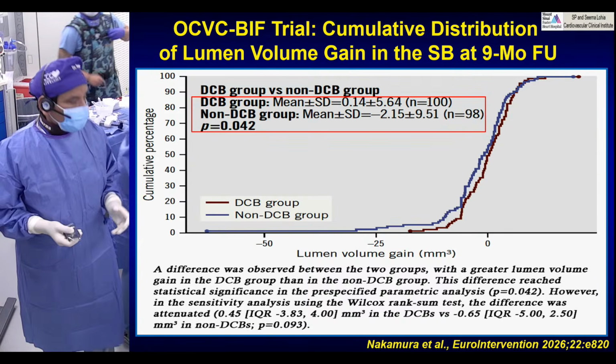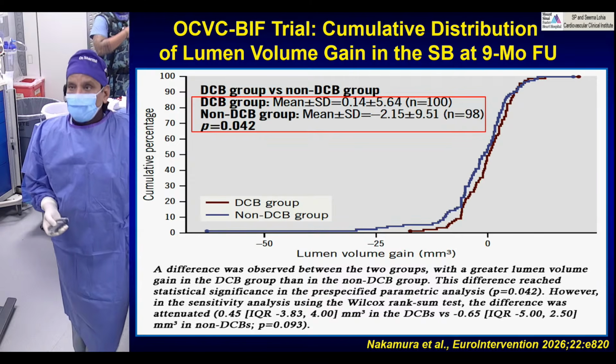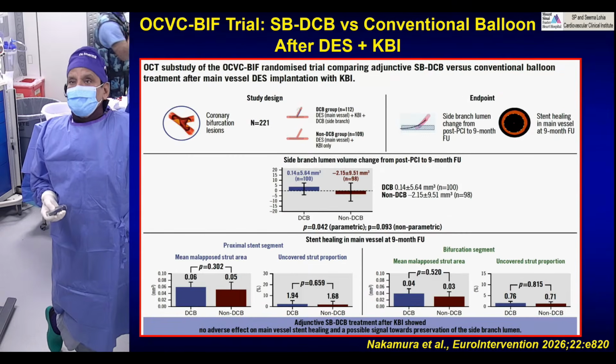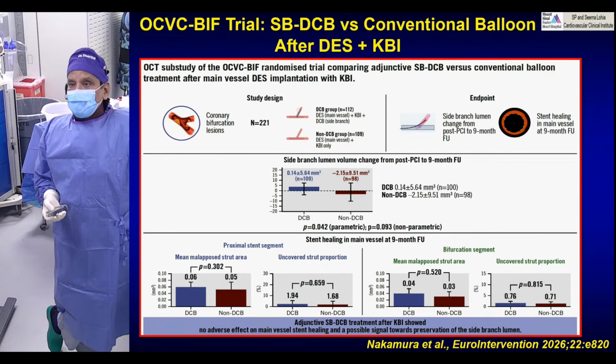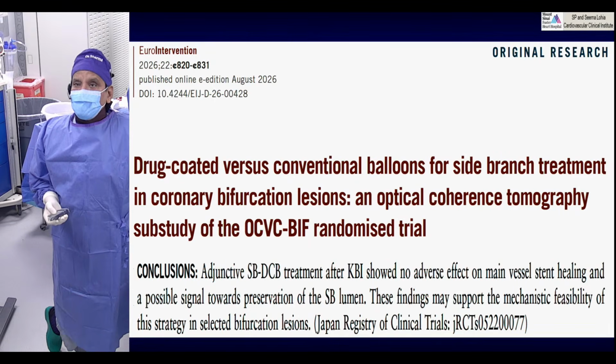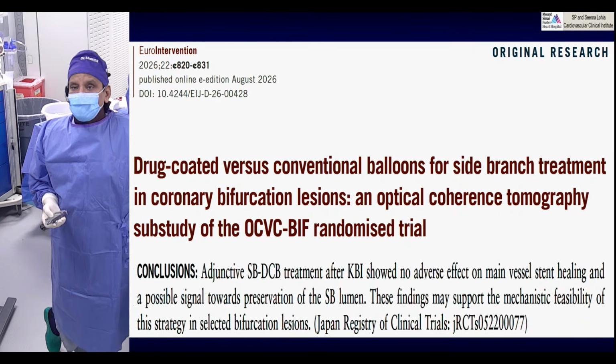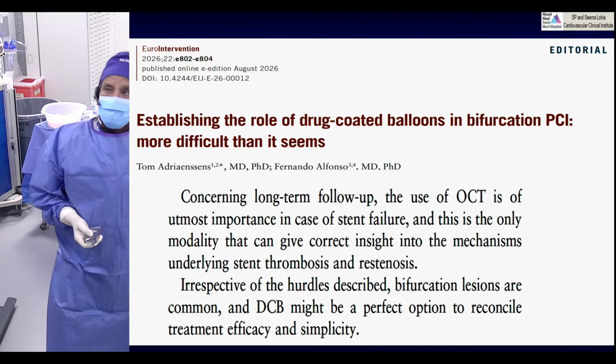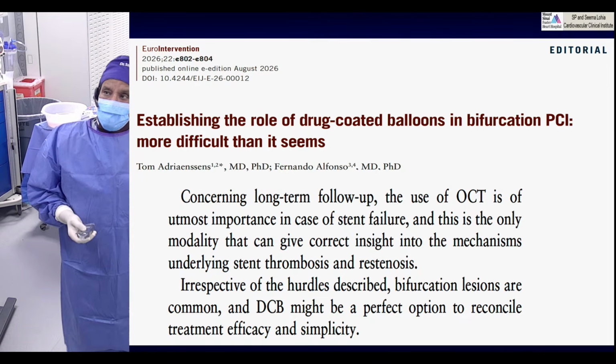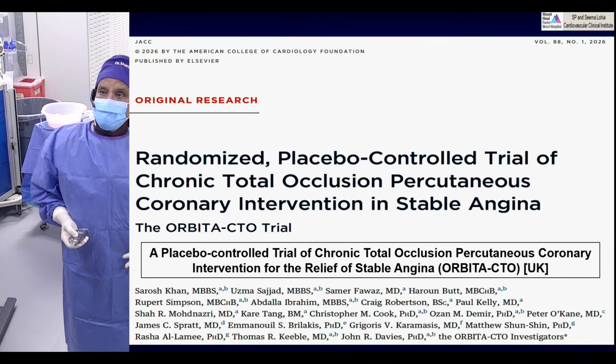So this is what has been spoken about, the positive healing effect of the DCB, and this is what the trial showed. Everything is put together in this one-page study. So clearly, the adjunctive side branch DCB treatment after KBI showed no adverse effect on main vessel stent healing, and rather actually lower ISR, and a possible signal towards preservation of the side branch lumen. So clearly, the drug-coated balloon is coming more and more into our side branches. OCT definitely helped to get